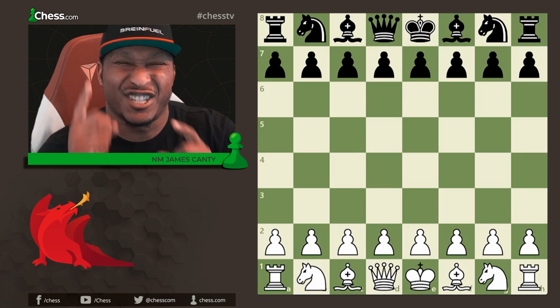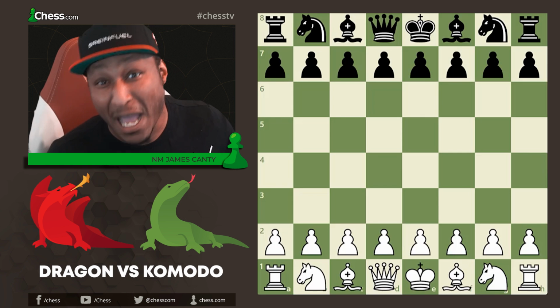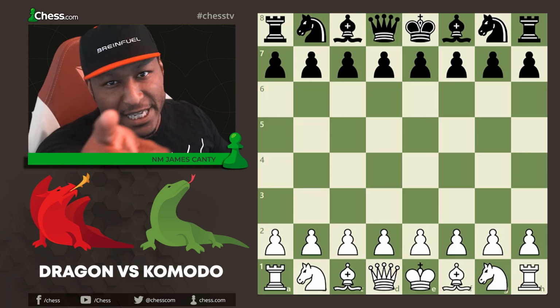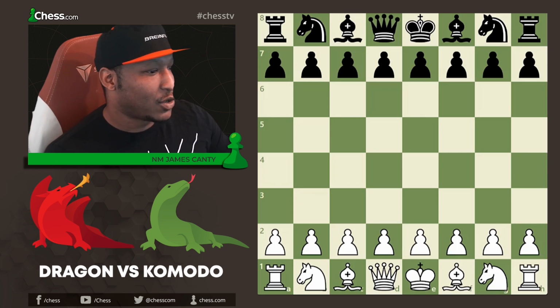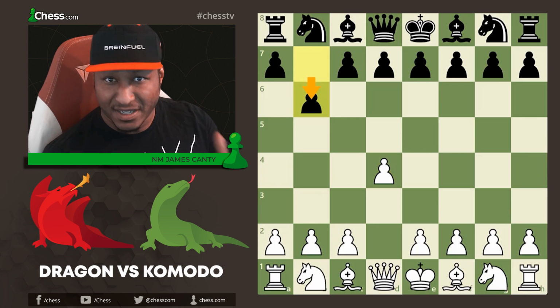And this one is Dragon with the white pieces versus Komodo. This is a 15-minute rapid game. Let's see what happens. It's about to get crazy. Here we go. So we have Dragon with the white pieces goes D4 and then B6 and Owen's system, Owen's